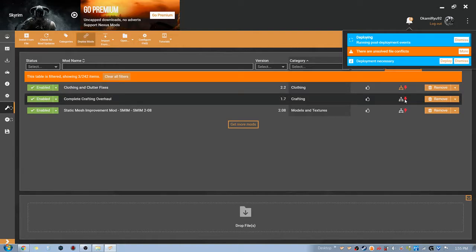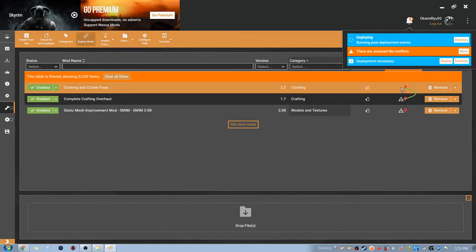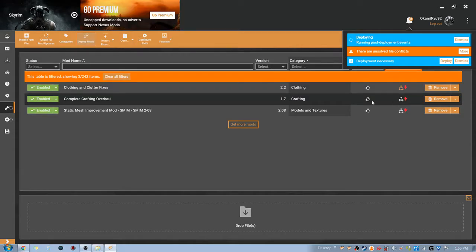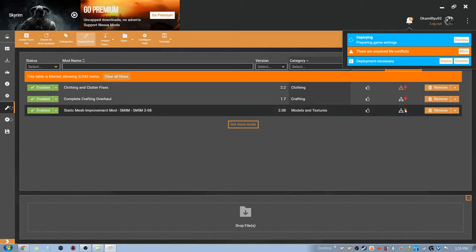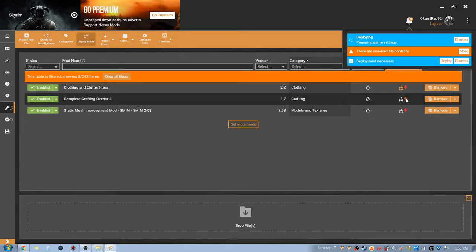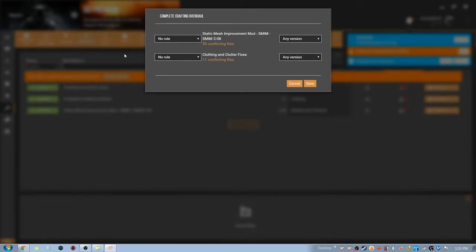You can do the drag and drop method, which is where you click this little button right here, and you drag it to here, and then it'll ask you what you want to do with it. I personally do not like doing that because that can accidentally click to a different one that you don't want to do. So I always click the lightning bolt. So as you can see, it's saying Static Mesh Improvement Mod and Clothing and Clutter Fix. Complete Crafting, there is a form of clothing and clutter that you can have. So I would always, but this is for Complete Crafting general. This is a general